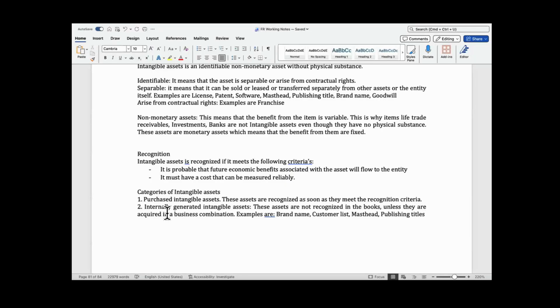We only put them in the books when we acquire them in a business combination. You bought another company, and part of what the company is valuing for you, okay? In that wise, like I mentioned earlier, it means that now there is a value for it. So, the reason why ordinarily they are not recognized in the books